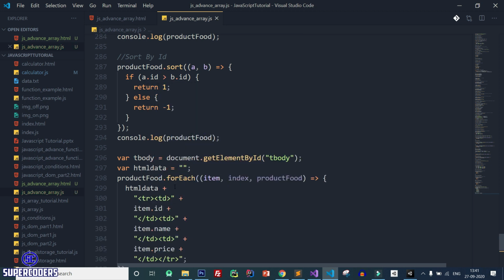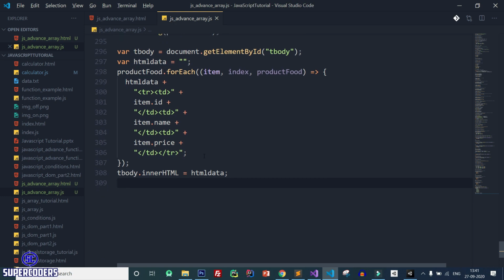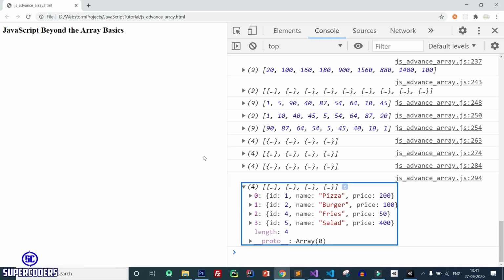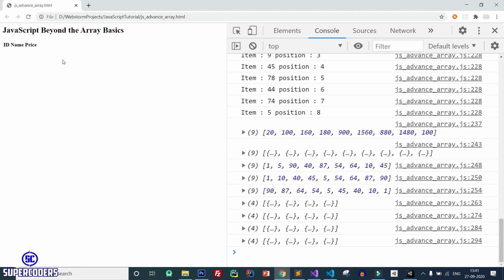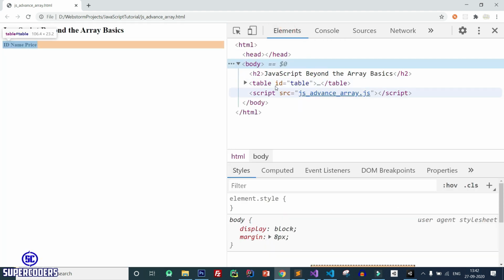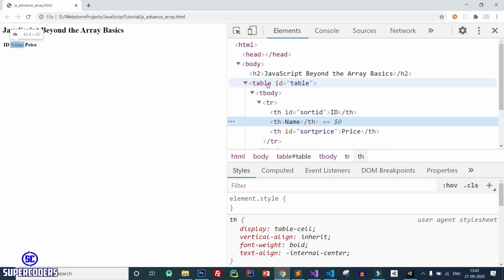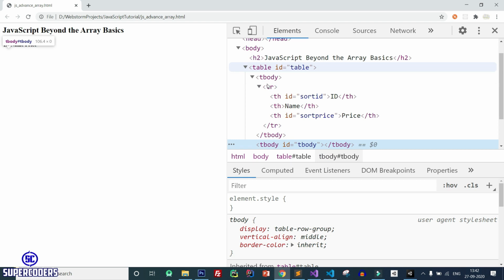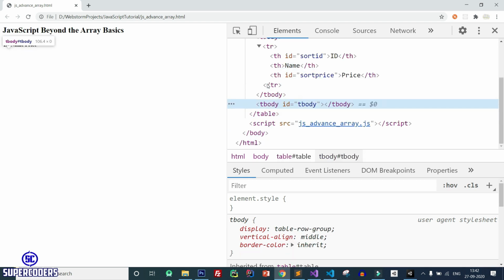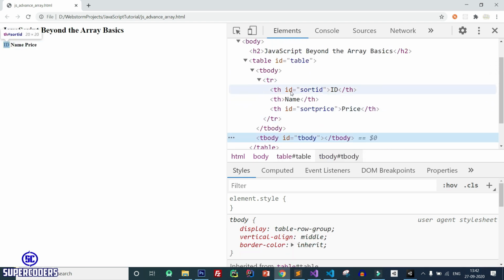Save it. Now back to Chrome and let's see, refresh page, and you can see no item is showing. So let's see the error. Click on element, click on table, body, tr, and here 2 times T body is created.